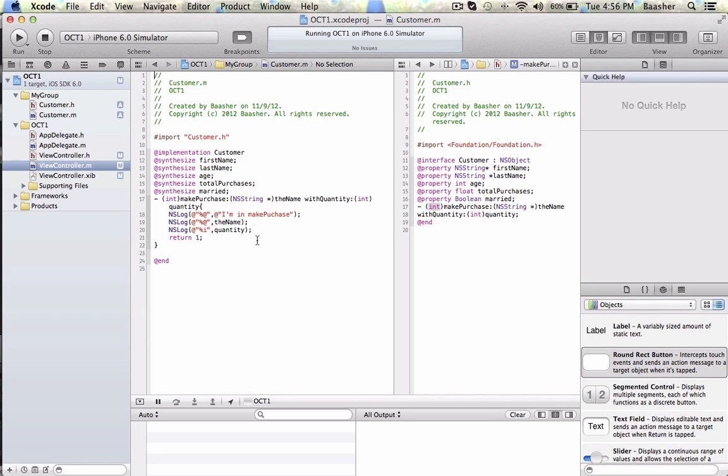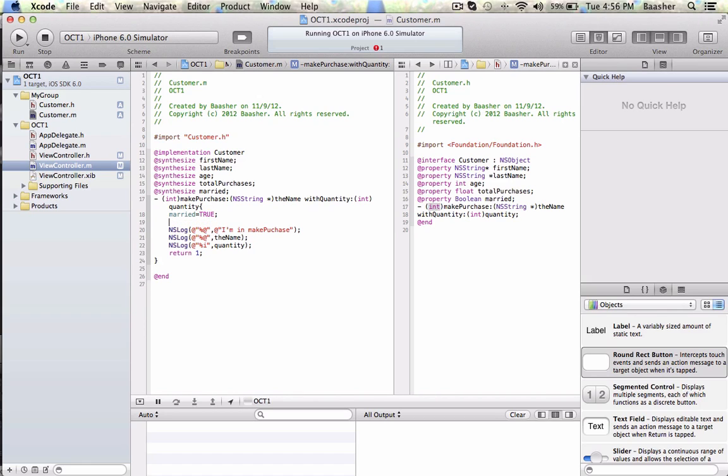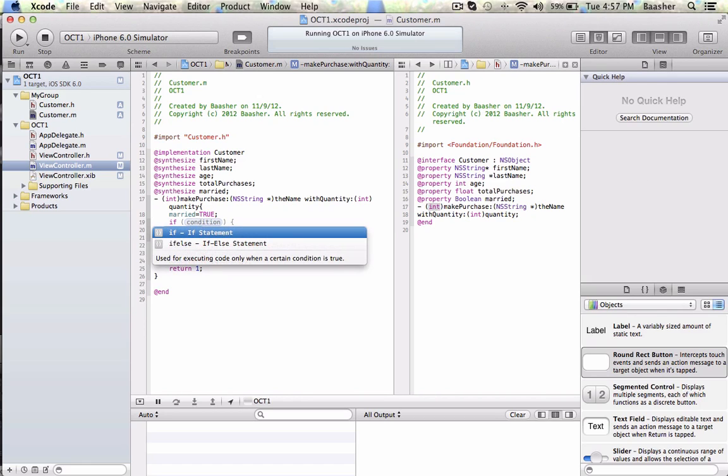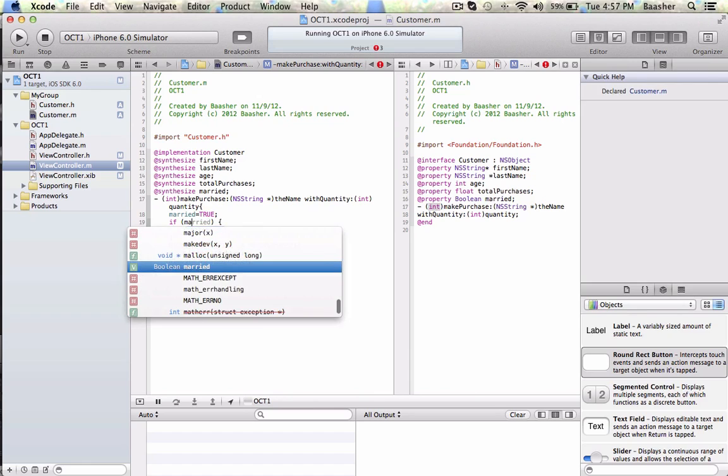This is the customer.m file, right? Let's start right there. We have married. So if somebody was married, we want to do one thing, otherwise we want to do something else. How do we make those kind of decisions? So I'm going to take this variable, we have already made one, married, if it's of type boolean, married equal to true. Now if statement goes like this: if you have a condition, and when you are working with a boolean statement, all you do is put in the name of the variable right here,